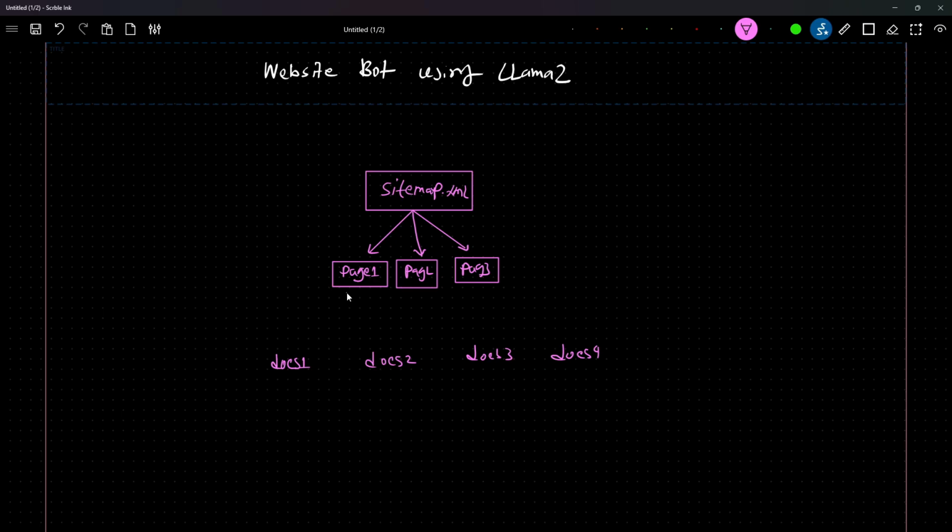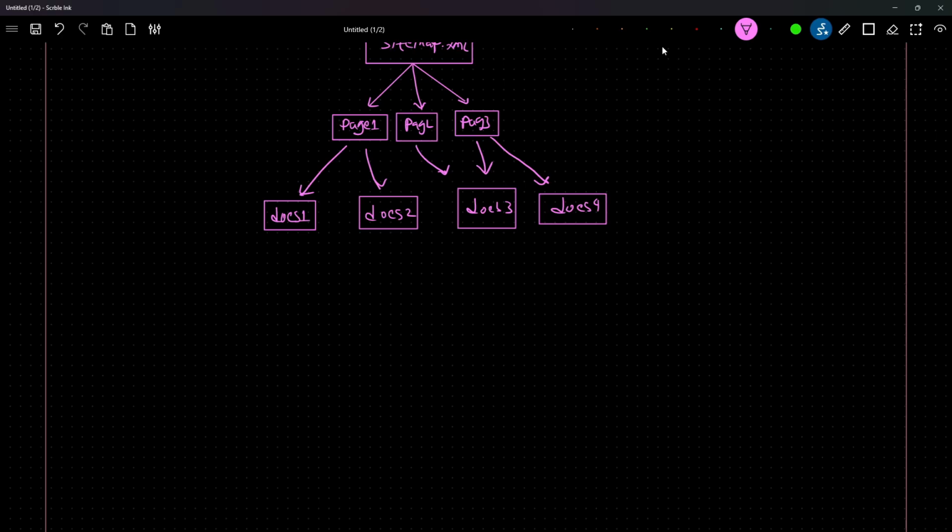Now it will return me that documentation, like all the page content. So once I get all the content, basically here let me write, we are just extracting text. And after getting all the text, I will use my embedding API,